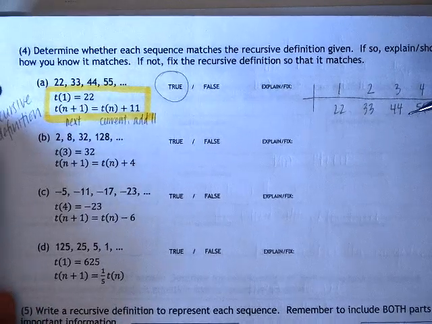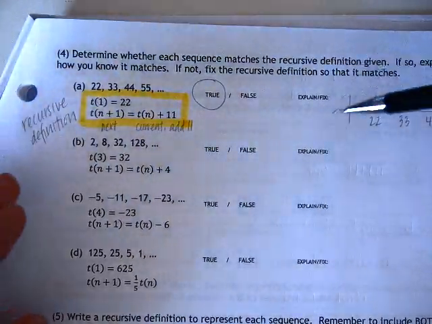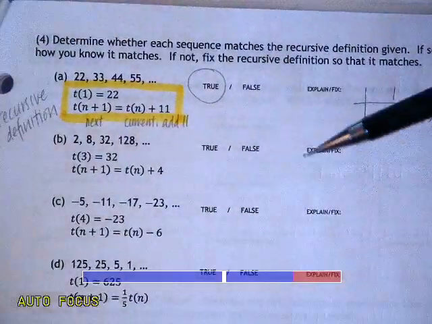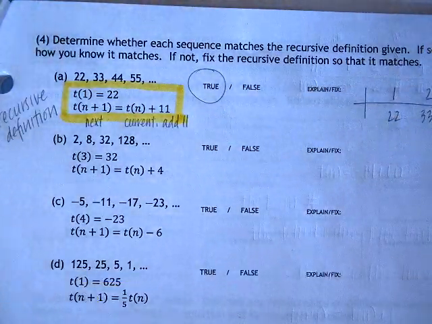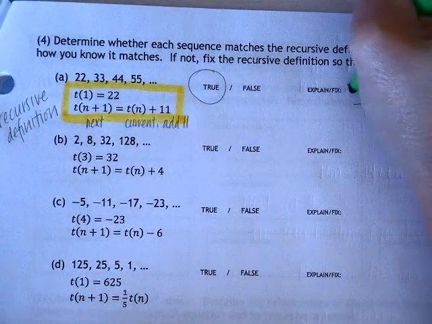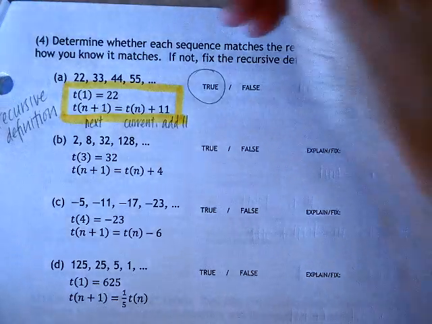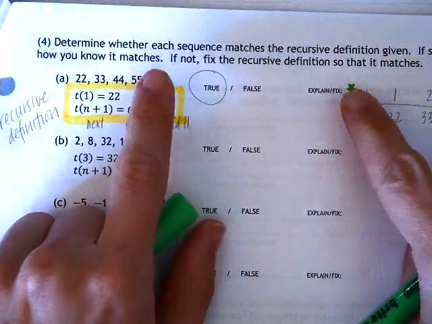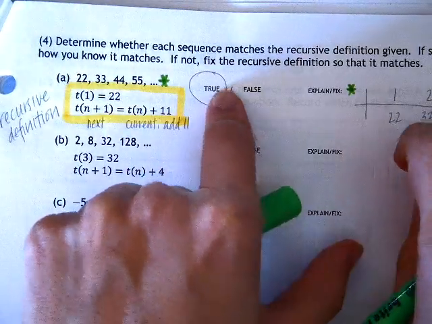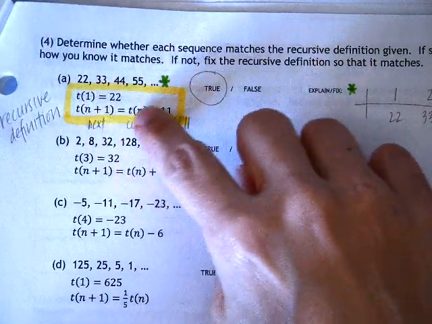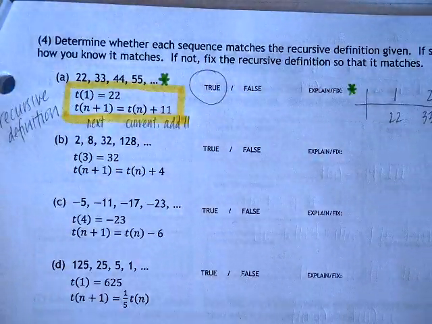That would be fine. If something is false, it's going to ask you to try to tweak the definition and fix it so that it does actually accurately correspond. So your goal is basically to make the table, put a little asterisk there, match the sequence. The table and the sequence should match. If they already do, it's true. If they don't, then fix the definition, fix the yellow part to make sure that you can force that match